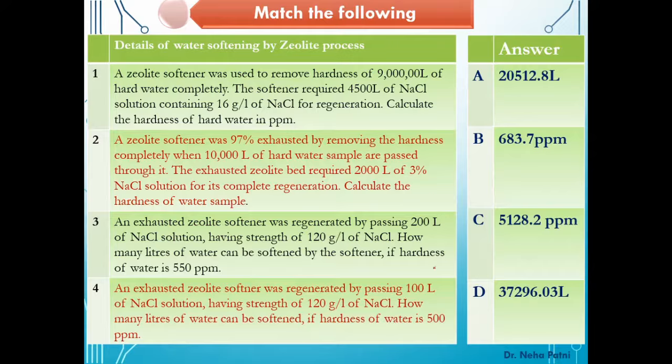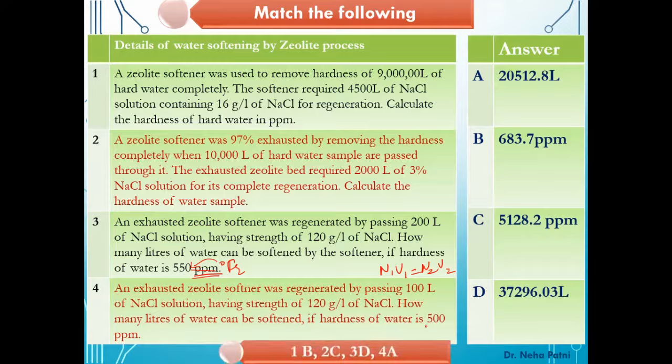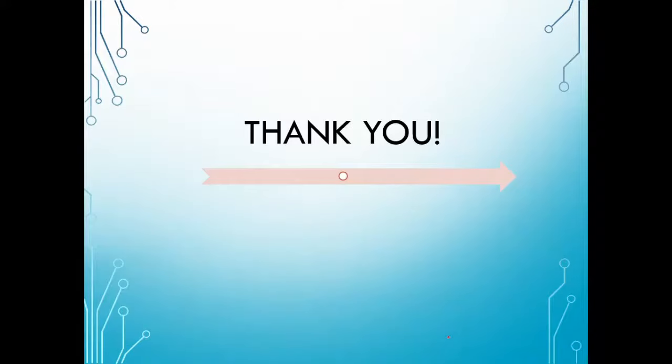So these are all the types here. Now I can increase one more type here. If I mention the hardness in degree French and then ask you to solve the question, one more step will be added. I hope you remember in one of my videos I told you about unit conversion. So you have to convert this degree French into ppm first, and then utilize the values and use the same equation, or you can use the method mentioned here in the presentation. You can use both methods. I am disclosing the answer, and I think you will be able to reach this answer and understand the fact. So do let me know.